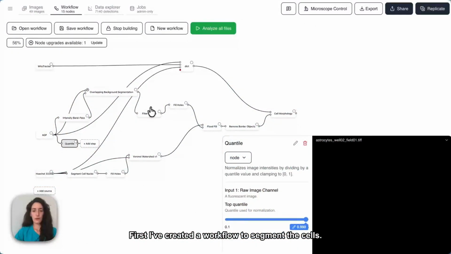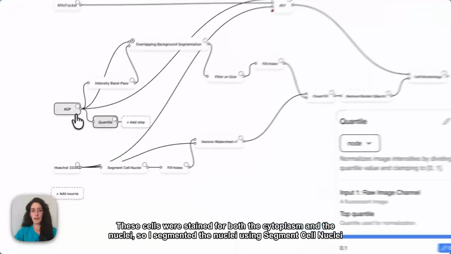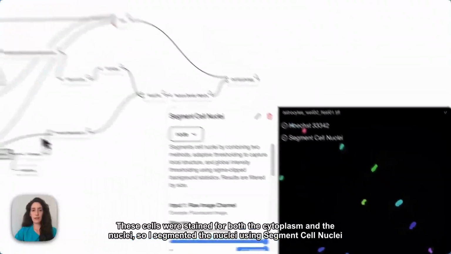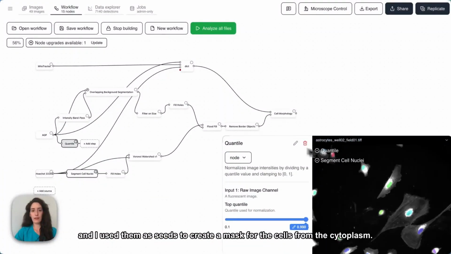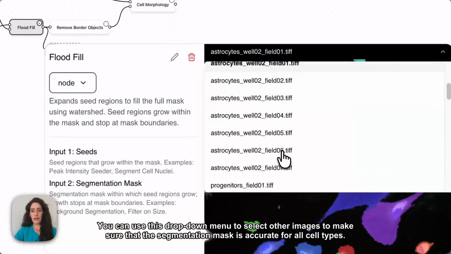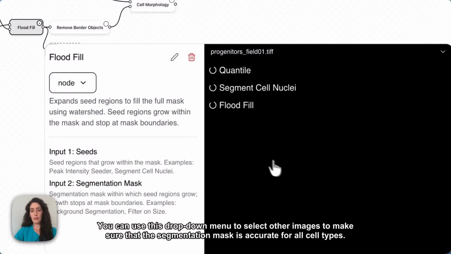First, I've created a workflow to segment the cells. These cells were stained for both the cytoplasm and the nuclei, so I segmented the nuclei using segment cell nuclei, and I used them as seeds to create a mask for the cells from the cytoplasm. You can use this drop-down menu to select other images to make sure that the segmentation mask is accurate for